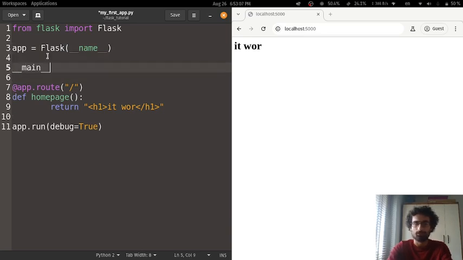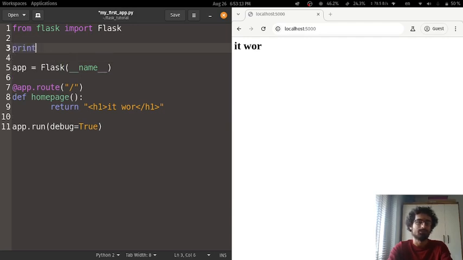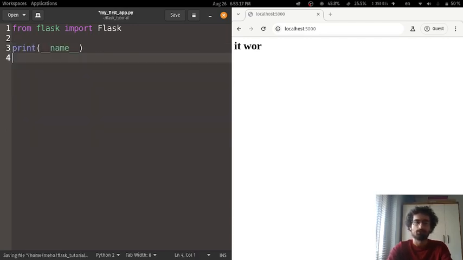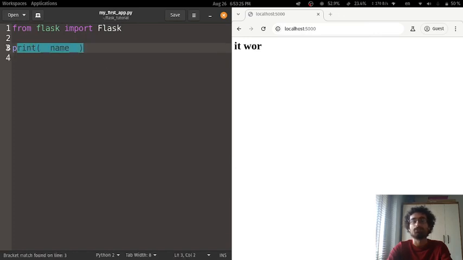__main__. Now you can test this out if you want to. You know what? Sure, let's test it. I don't want to take too much time, but if we did print __name__, and we just deleted all of this code momentarily, and we went over here, all it does when we run our application is print __main__. The reason for that is that this is a special keyword in Python,